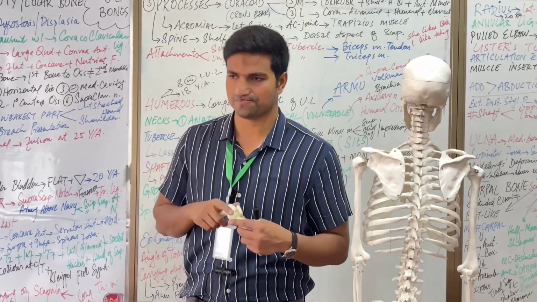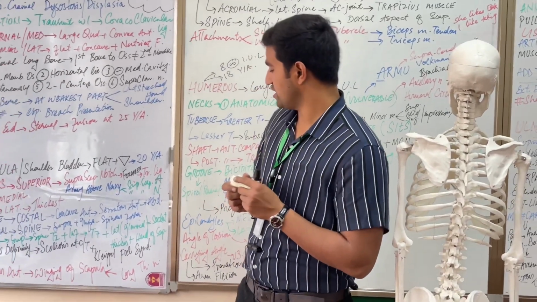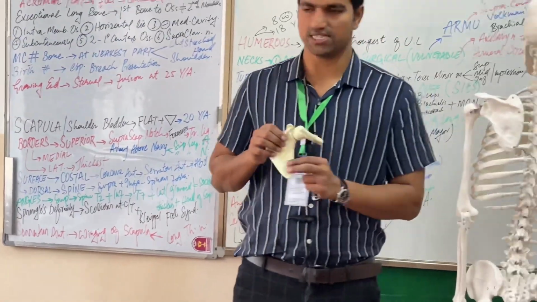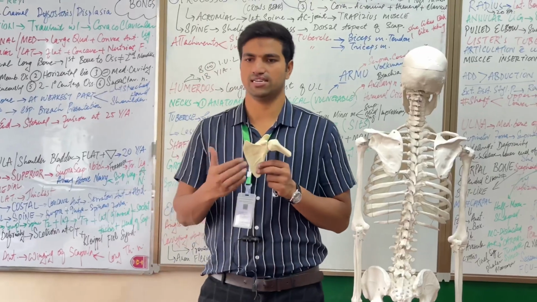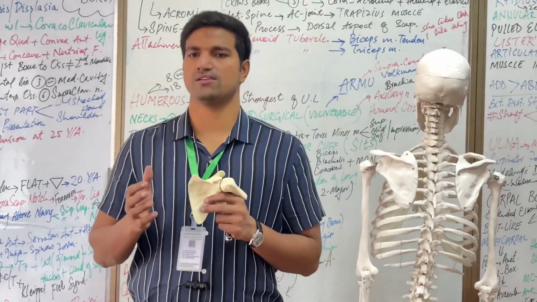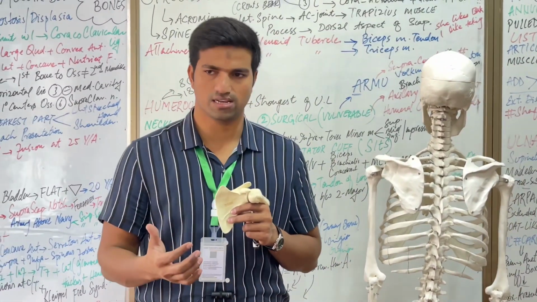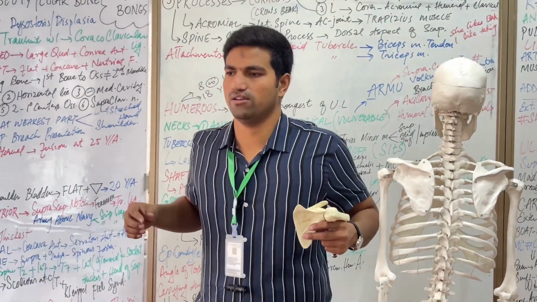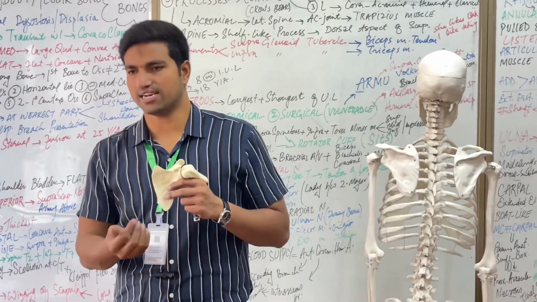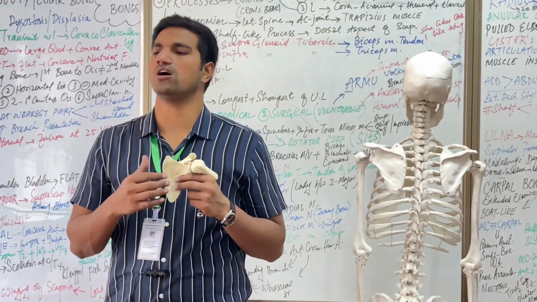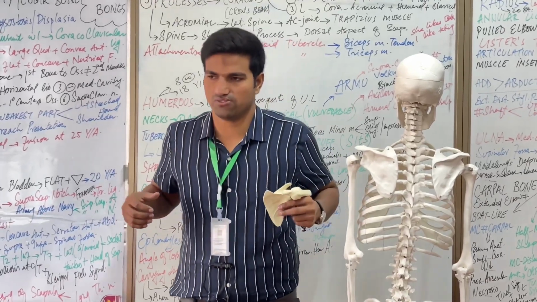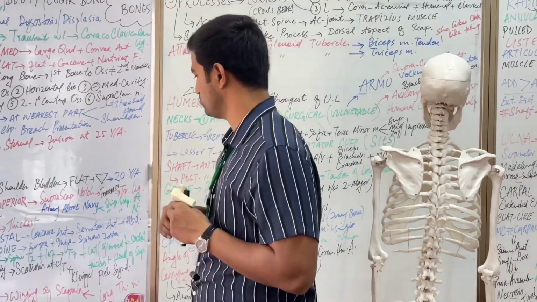Are you with me? Yes. So then at the end we have talked about winging of the scapula. We have talked about the serratus anterior muscle, its lever function, the anterior or costal surface. If there is any problem with the serratus anterior muscle, the clinical feature is winging of the scapula. If the nerve that innervates the serratus anterior muscle, that is the long thoracic nerve, is damaged, that also leads to winging of the scapula. I have told you.